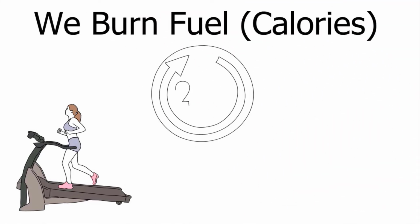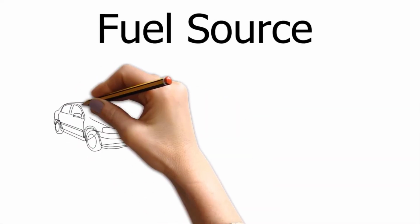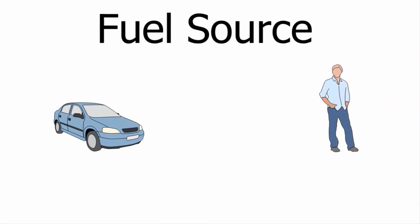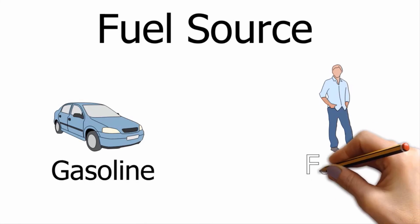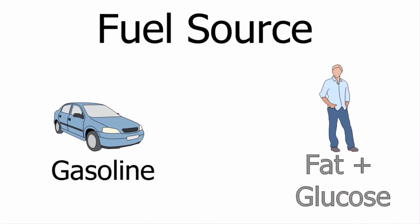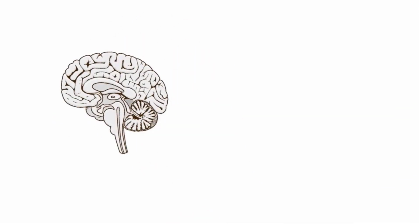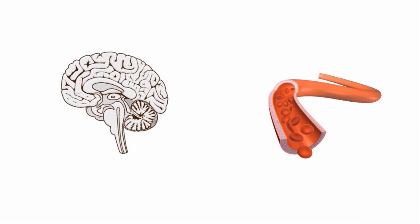We burn calories 24/7, even when we're sleeping. Second, we need to know about fuel. Just like our cars need fuel to run on, so do we. While cars run mostly on one fuel, gasoline, humans require a blend of fat and a carbohydrate called glucose, about a 50-50 mix. While much of the body is flexible, meaning it can adapt to either burning fat or glucose